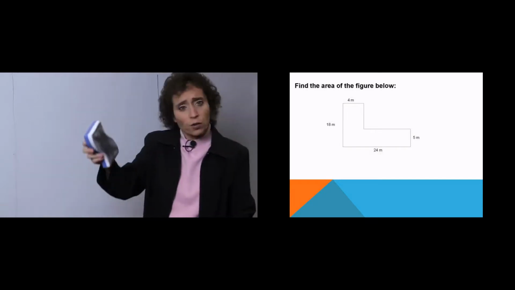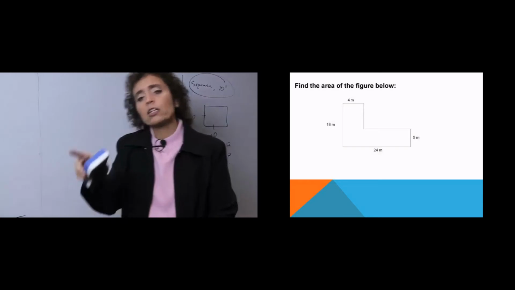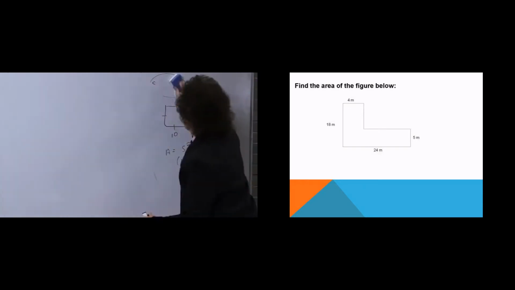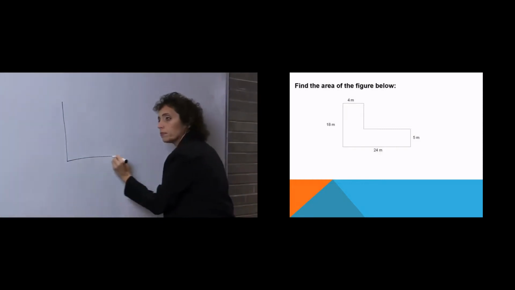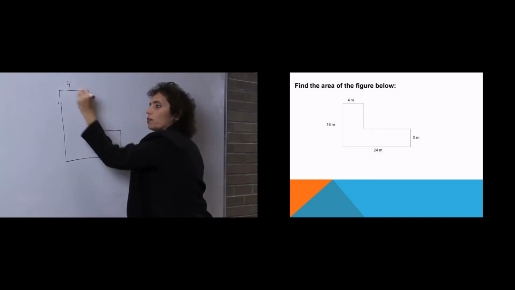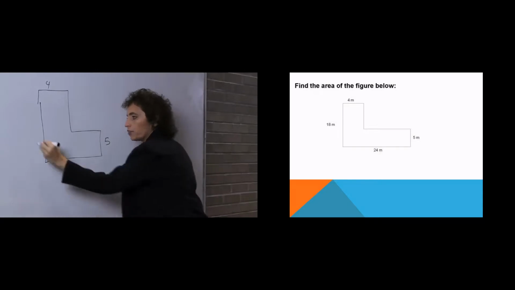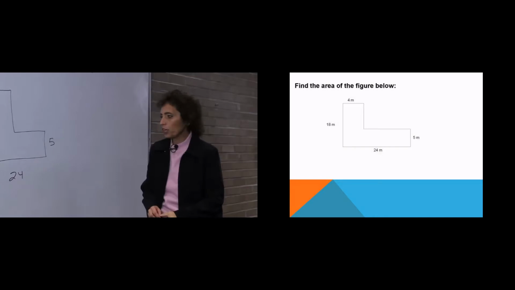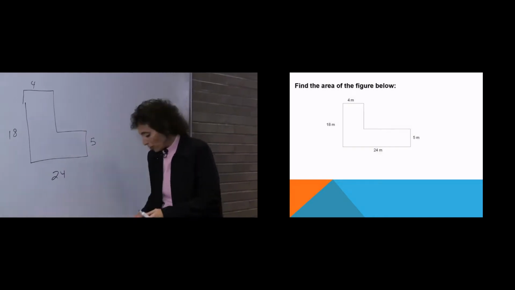So what we're going to do is we're going to split that shape up into non-overlapping shapes we know how to find the formula for. Watch what I mean. Okay, so let me try to draw this. Here we go. So this is 4, this is 5, this is 24, and this is 18, right? Okay, so here we go. I'm going to attempt to draw this. I know, it's not to scale. Give me a break. Okay, I don't have the formula for now, but watch this.